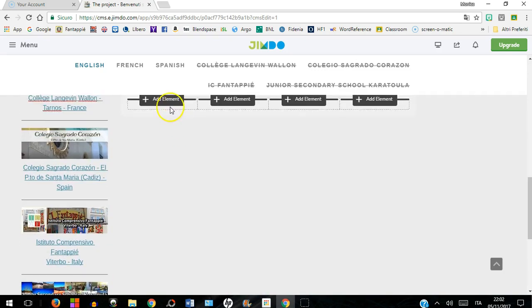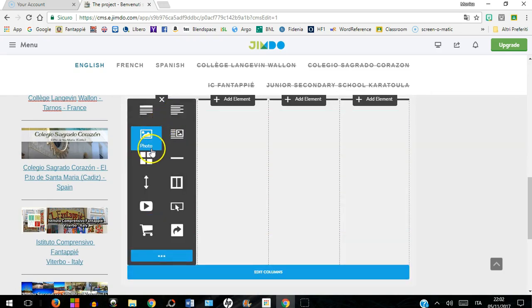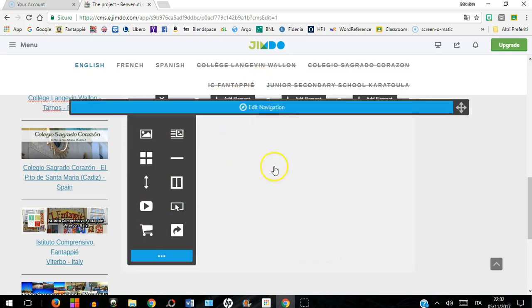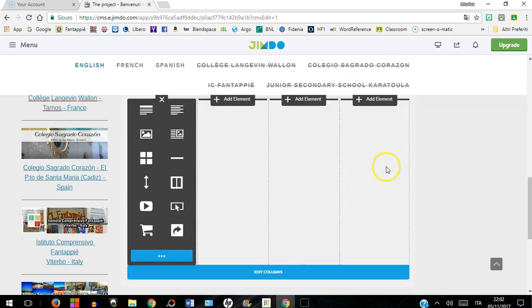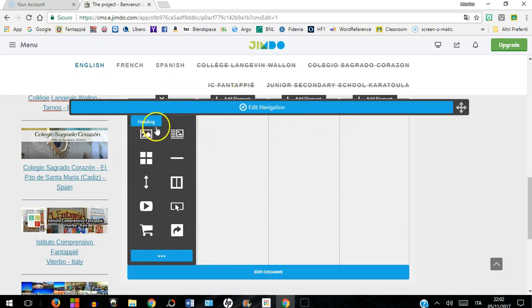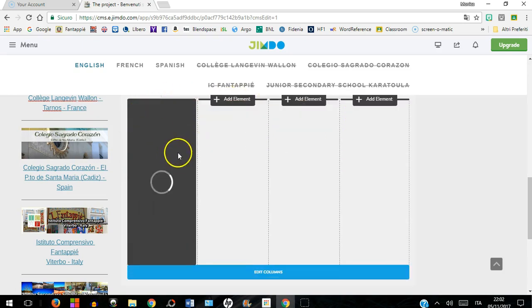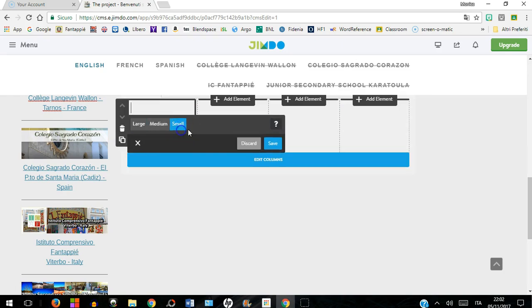You just add element. You can add pictures, you can add slideshows, you can add videos, you can add text, you can add whatever you want in each column. For example, a picture in each column, you will have 4 pictures displayed in a row, or 4 different texts with 4 different headings. For example, you can have a heading here, a smaller one, and you can write